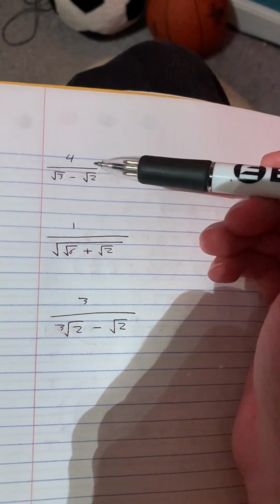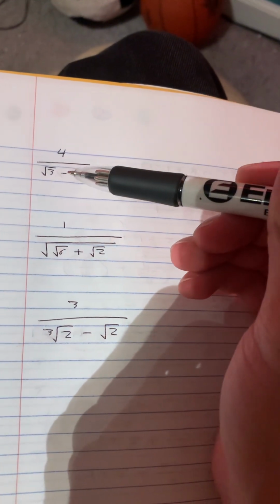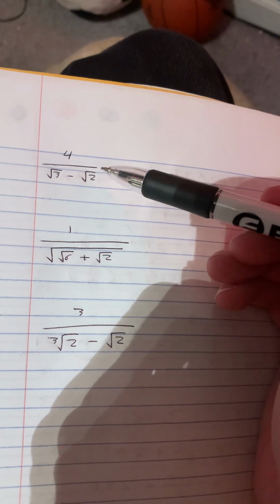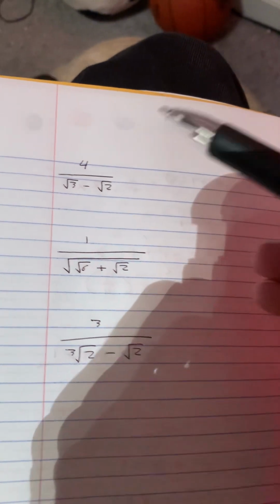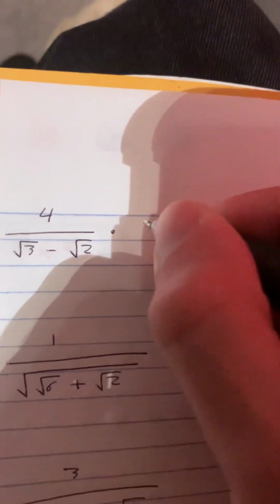Okay, so here's some examples of rationalizing the denominator. So you know this one for sure up here. I mean, all you just do is multiply by the conjugate. So what you do,